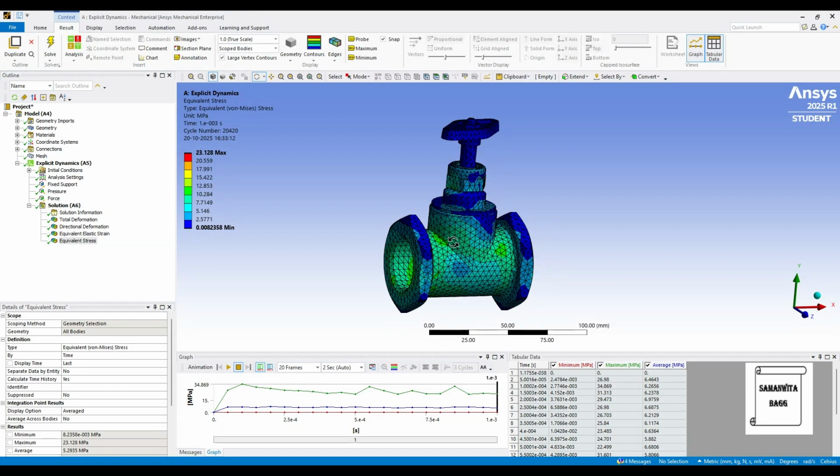So with this, you obviously come to know that the material stainless steel is more elastic. If it is elastic and you apply load, it will be able to bear the deformation and get back to its shape. So the value of stress obviously you can see is more. But here the stress is reduced. So accordingly you can decide based on the results what kind of material you want to use.